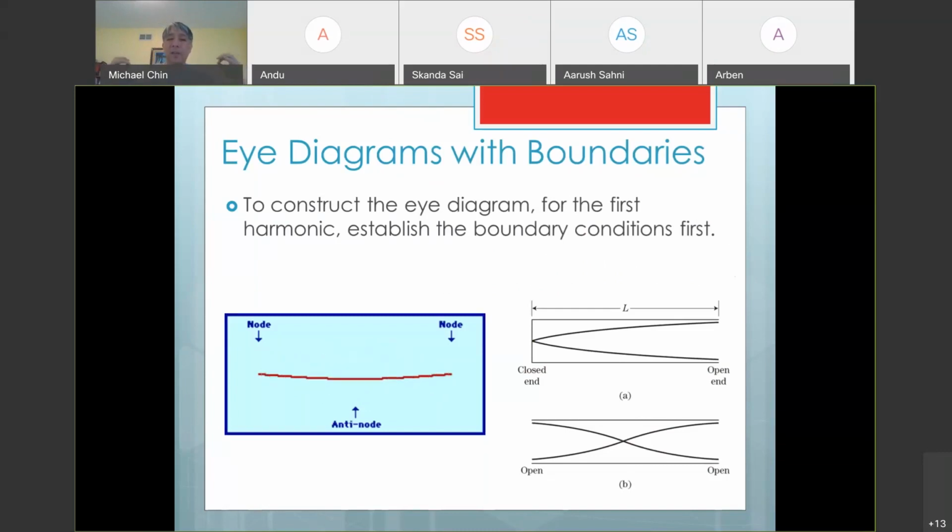Okay, after that, draw the smallest number of eyes that can fit that situation. Usually it's just one eye. In the string node-node situation on the left, it's basically just one eye. If you freeze it at the two furthest extremes, it's one eye. The lower right-hand corner, which is an open air tube, is also one eye, but it's two halves of an eye. So it's still the same thing,